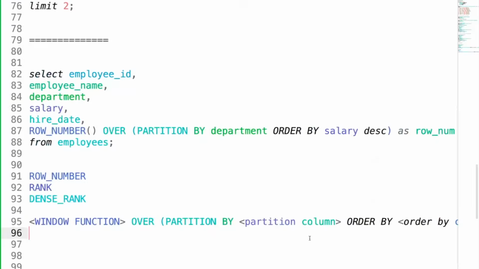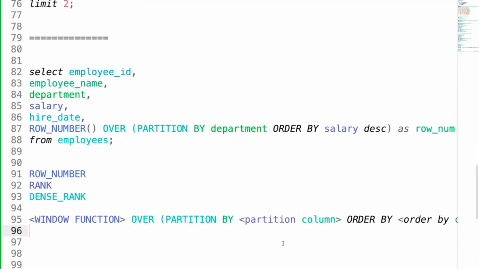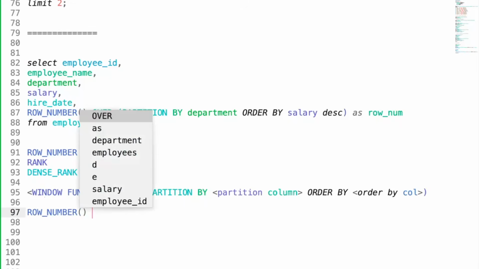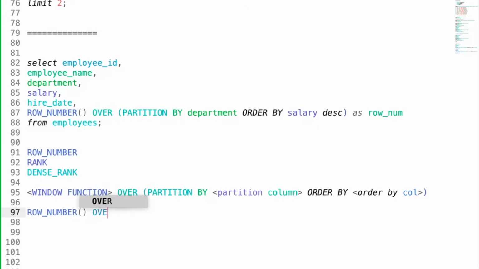I hope this would make sense. Just have a look at this, right? So now in this case, we have used row number as the window function. You see this. The window function is row number in this case. Over is like this only, over. And then inside this, I said partition by whatever it was,